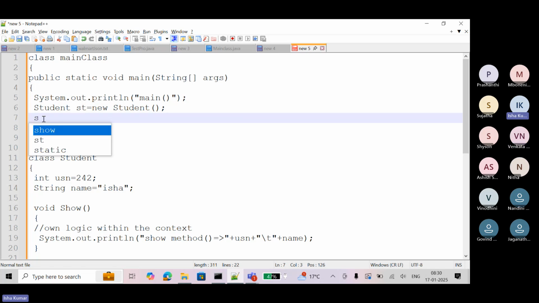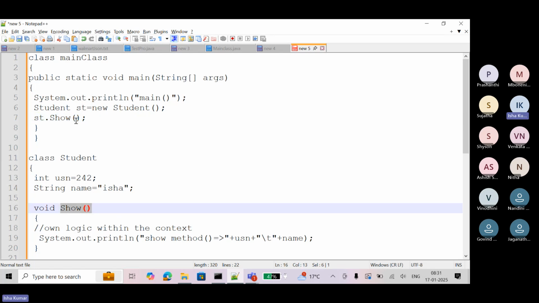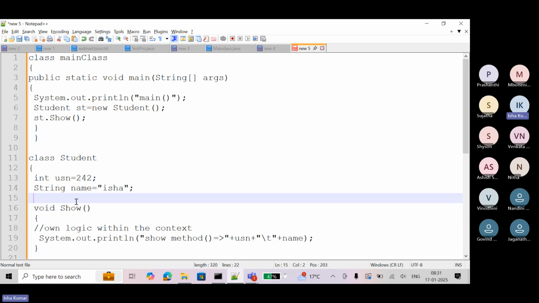Reference variable, dot operator, and the method name. From where are you calling this show method, from where are you invoking this method? From the main method. Yeah, so the main method is actually the caller method.